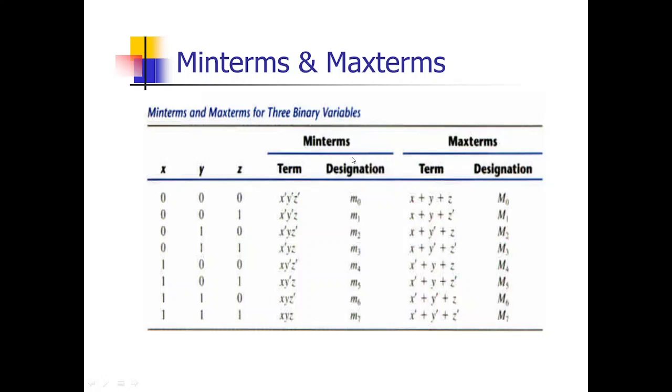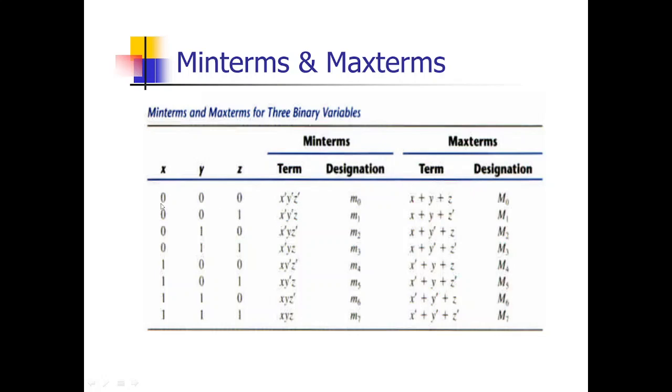We have discussed this, and it is briefly explained here. We are considering 3 variables x, y, z, whose binary values are represented as 0 to 7. The binary combinations can be represented as 0 to 7. The number of rows for these 3 variables will be 8 rows. And how can we represent the min term and max term for these 3 variables?